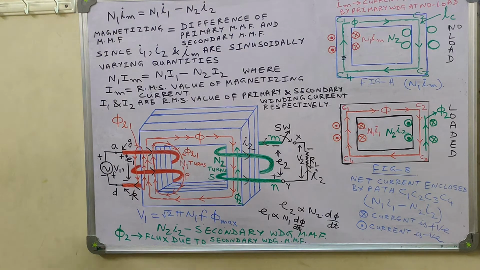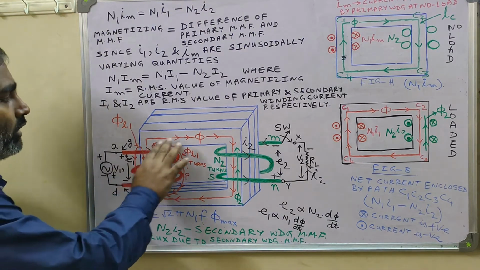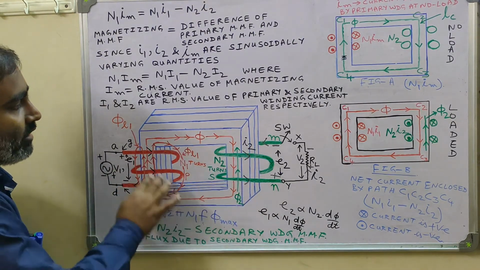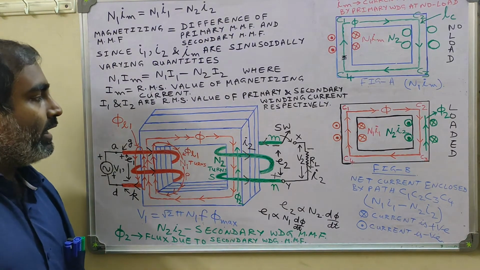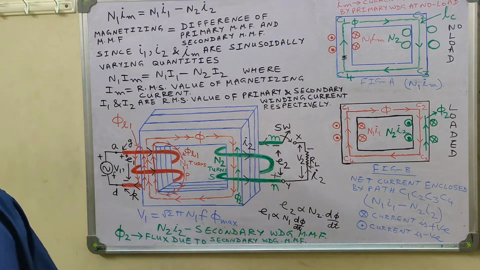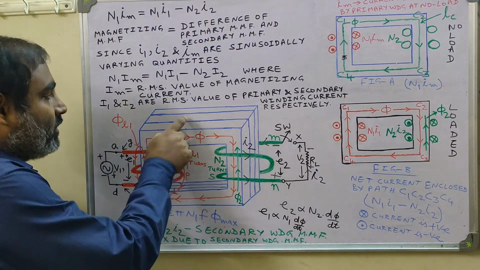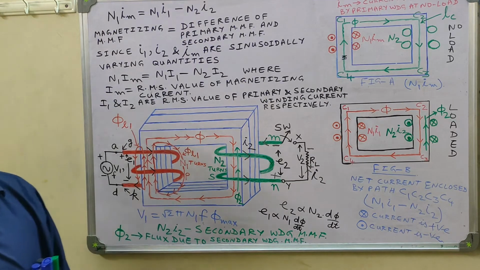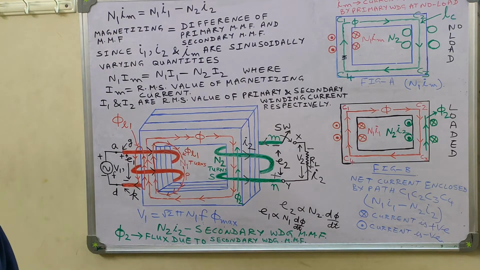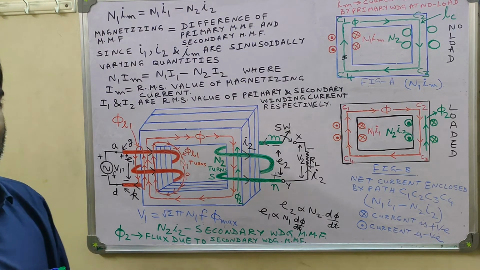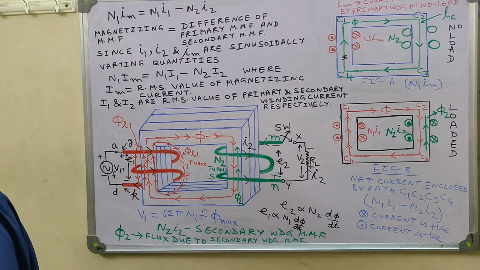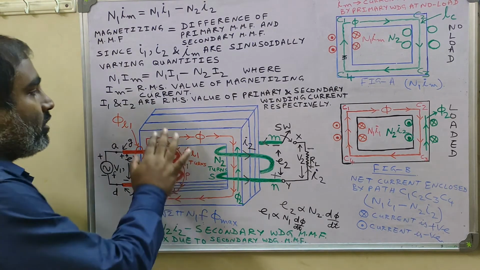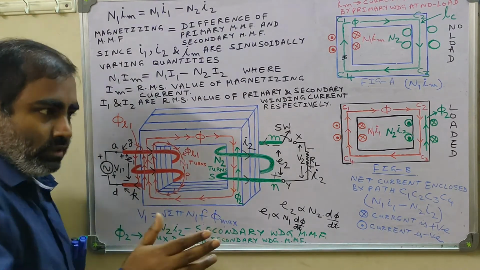So what I was saying is that although the alternating flux is there in the transformer magnetic core, one should expect that there will be some eddy current loss and hysteresis loss taking place in the magnetic core of the transformer. But for an ideal transformer, we are assuming there are no magnetic losses, I mean to say there is no eddy current loss or hysteresis loss in the transformer magnetic core. This was our third assumption.